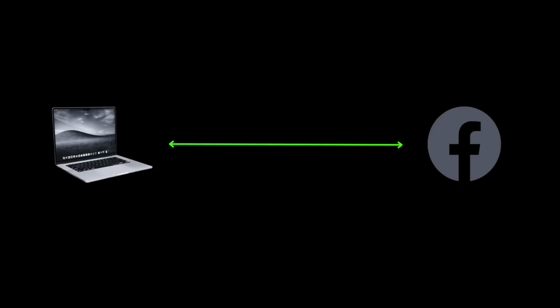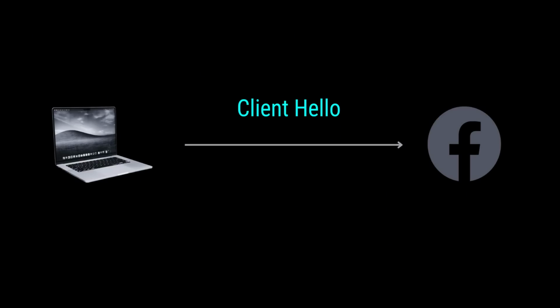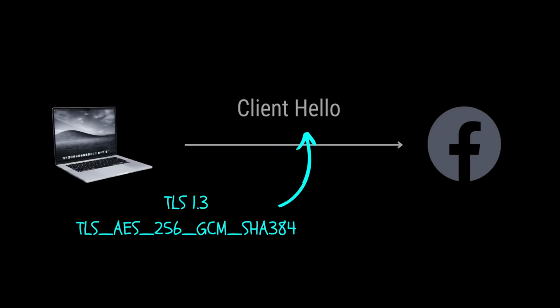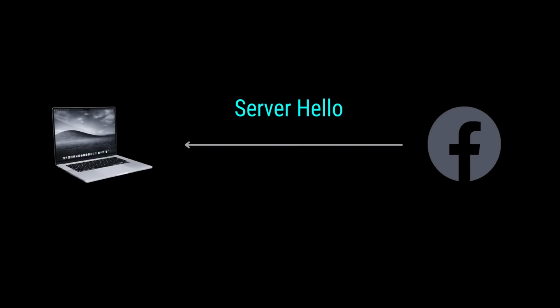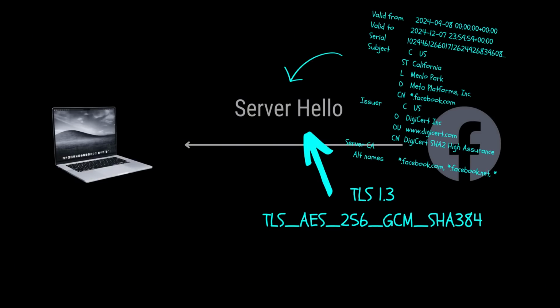There are several steps performed before the connection becomes encrypted. We will not dig into the details of each step, but I will show just enough information to get you started. The source sends a client hello message, which signifies that the client wants to initiate a TLS connection. This contains the different cipher suites and maximum TLS version the client supports. The destination will now send a server hello message. It will contain the agreed protocol version and cipher suite, and it will also contain the public key of the